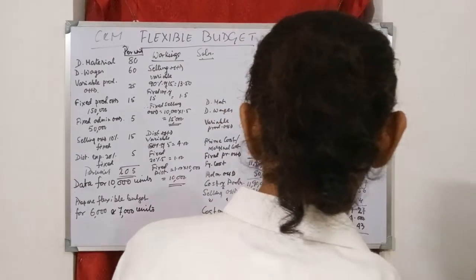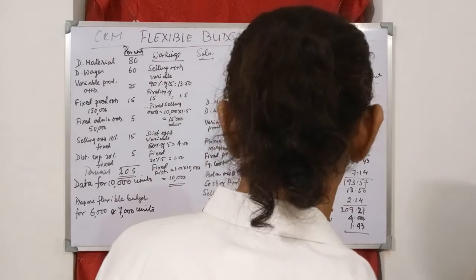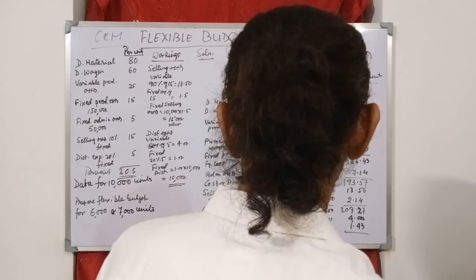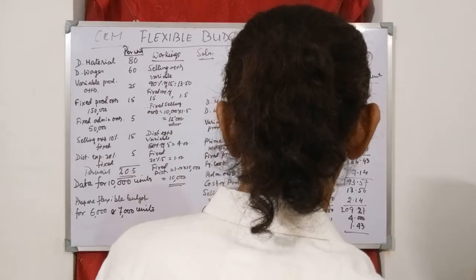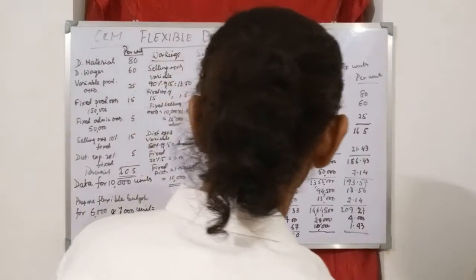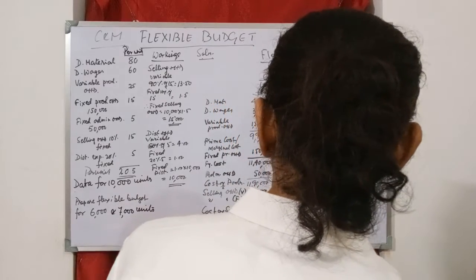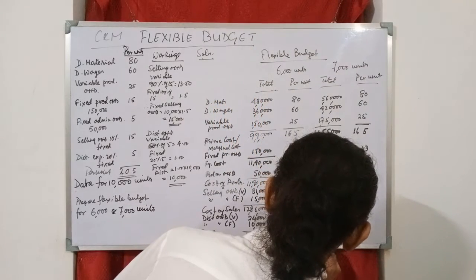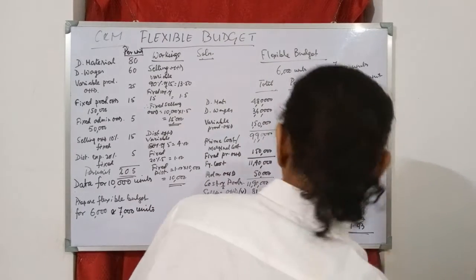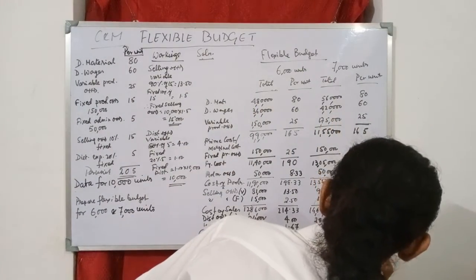We have to add up 14,64,500 plus 28,000 plus 10,000. So this comes to 15,25,000. No, 15,02,500. 15,02,500. And the total cost of goods sold per unit for 7,000 units, it comes to